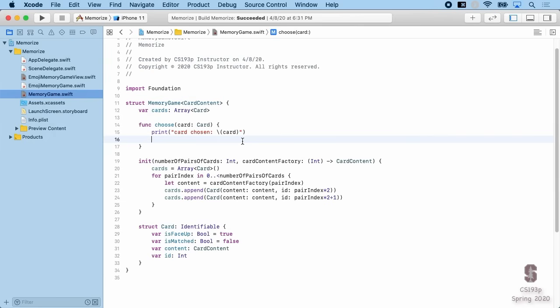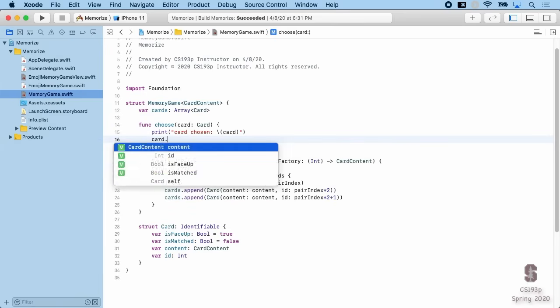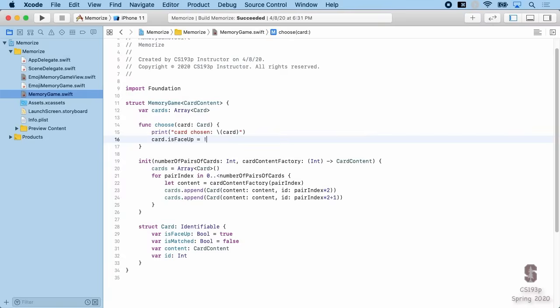Now you'll look at this and you'll think, oh, this is easy. card.isFaceUp equals not card.isFaceUp. Right? Somebody is passing us the card they want to choose as an argument, and I'm just going to have the isFaceUpness of it be toggled or flipped to its opposite here. And this has an error, which is it cannot assign to property: card is a let constant, which it is. All arguments to functions are essentially let. You don't type that let, but they are a let, so that's one problem,